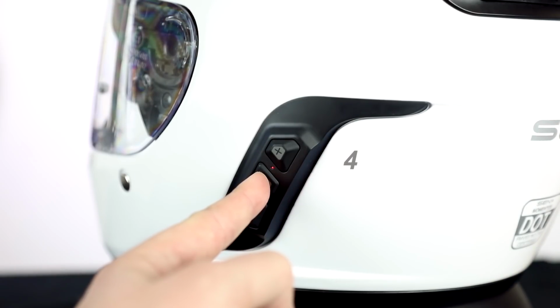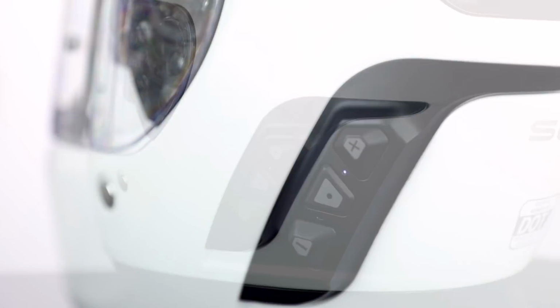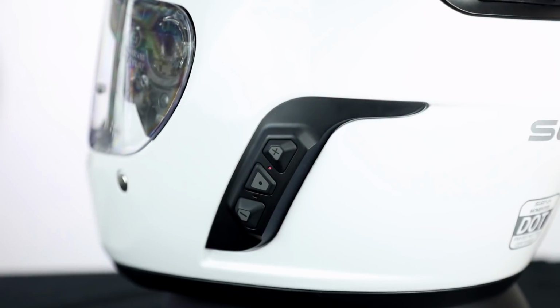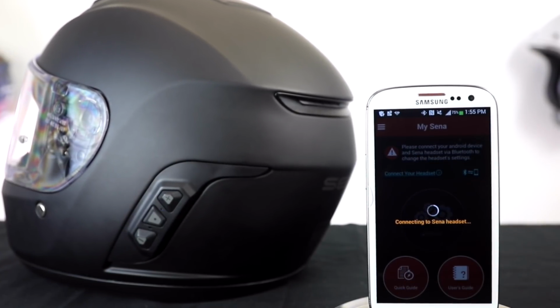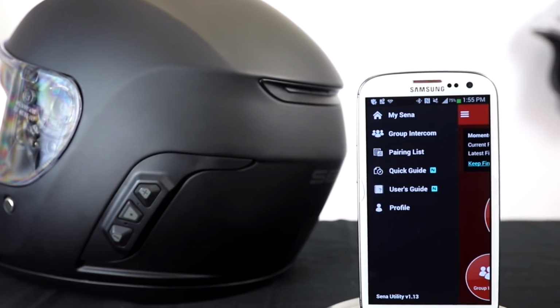To pair with another Bluetooth device like a phone or GPS, enter the configuration menu on the helmet by holding the center button for 12 seconds. Configuration menu. Navigate forward to phone pairing by tapping the plus button. Phone pairing. If you need to continue to navigate through the configuration menu, tap the plus button. While the helmet is connected to your phone, you can configure settings, assign speed dial contacts, and radio presets using